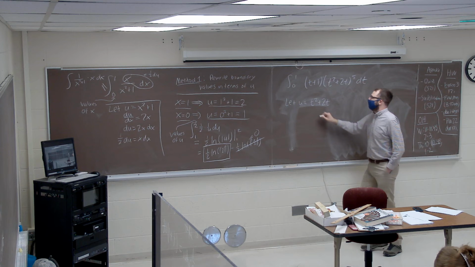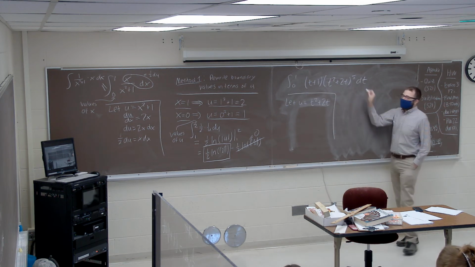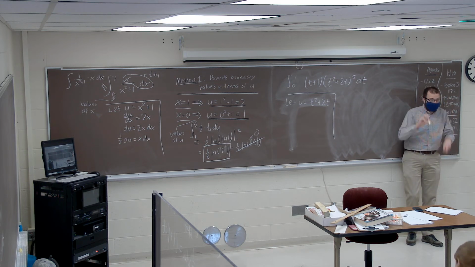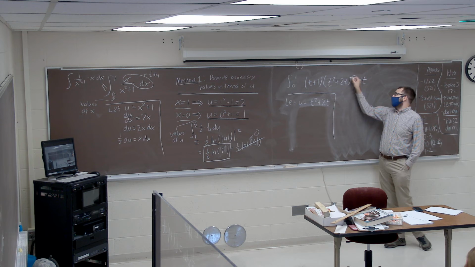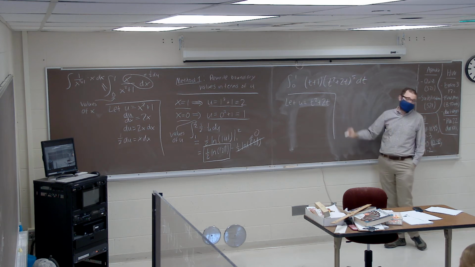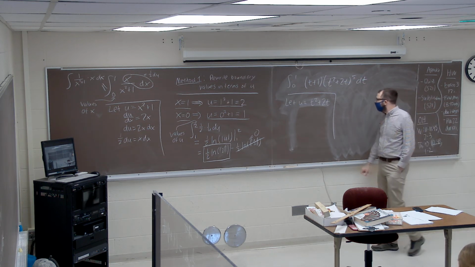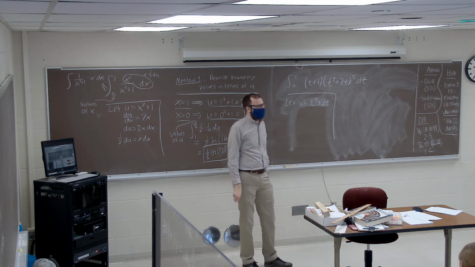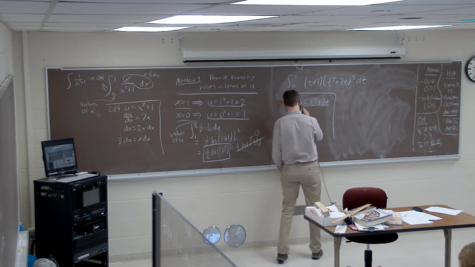In general, a good thing to try if you have a lot of different expressions going on is the innermost function. So in this case, the innermost meaning we're taking that to the 5th power and then we're multiplying by something else. u equals t squared plus 2t is kind of what my eye was drawn to as well.